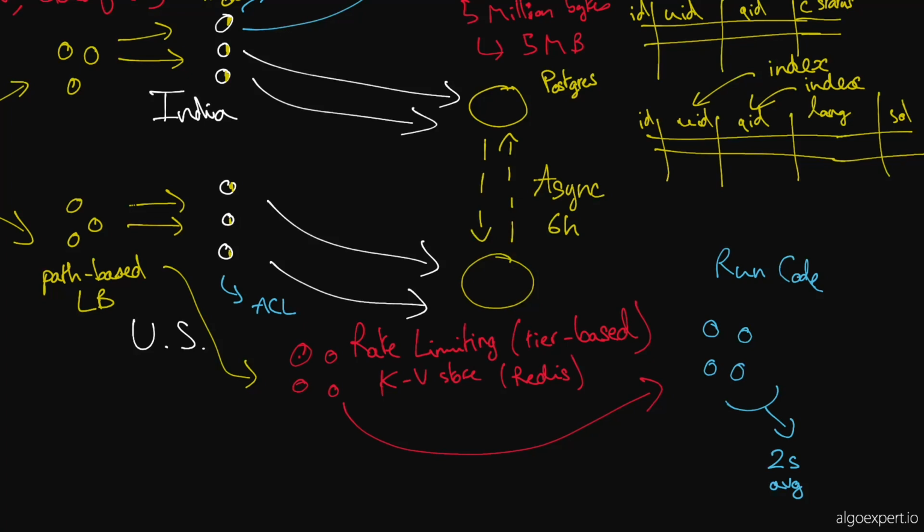And then run code. You don't run code that frequently, right? You probably run code 5, 10 times in an hour-long session of writing code. So at any given point in time, you probably have 8,000 divided by, I don't know, like 100 if you're running code that infrequently. I'm thinking you have 10 run code requests per second, anywhere between 10 and 100. And so I'm thinking you have the equivalent number of worker machines. So you might have 10 to 20 to 100 worker machines at any given point in time.